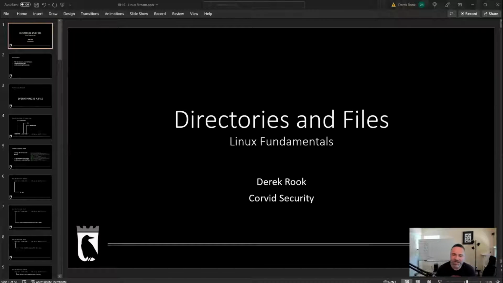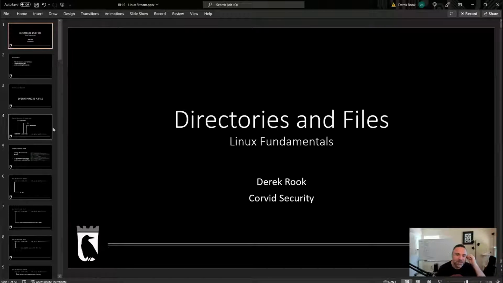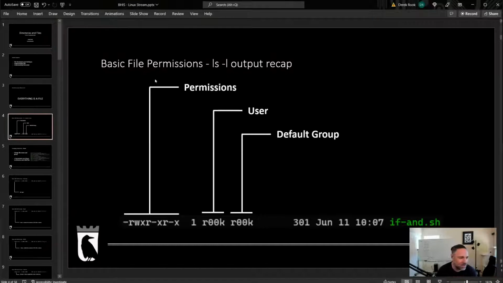The module we're looking at is directories and files, and different aspects of those directories and files, and specifically the file permissions. To start off with, this may be a little rudimentary for some people, and it may be brand new to other people. We've got what it looks like when you run the ls -l command. Some people might be familiar with this command. If you're not, it really just lists the files in a directory, and then we'll show the permissions.